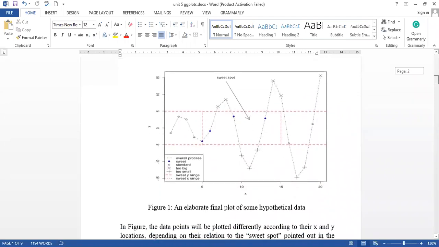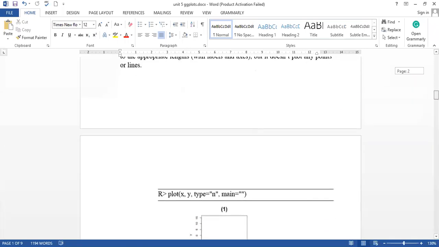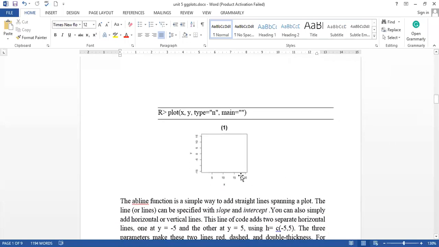Now what do we need to do? Initially, as I said, we have to draw a blank plot. To draw a blank plot, we just write plot and give x and y. This x and y will take a range within the points that you have defined.